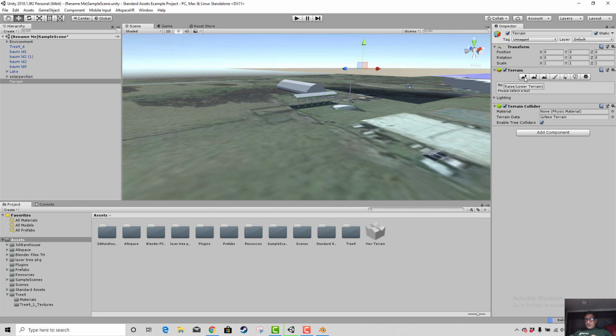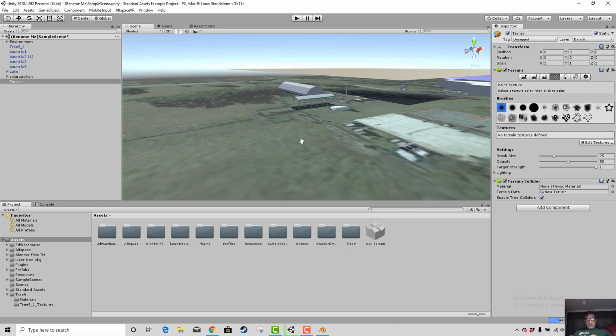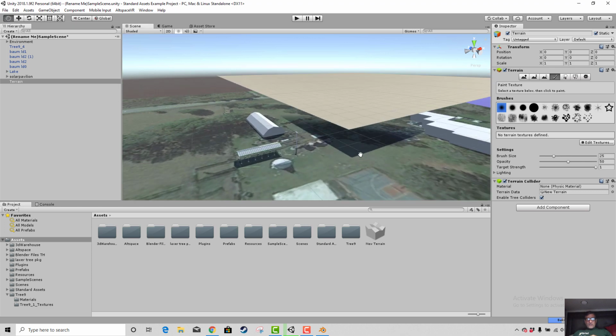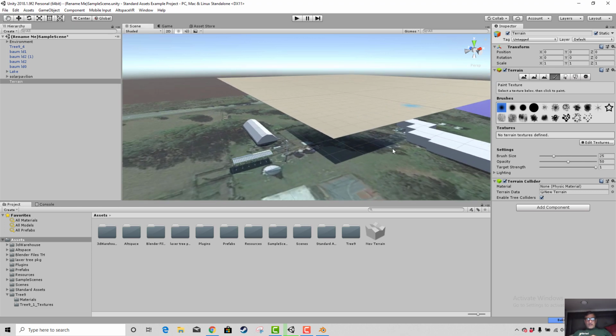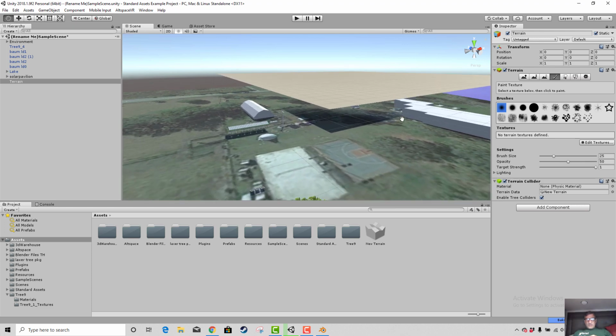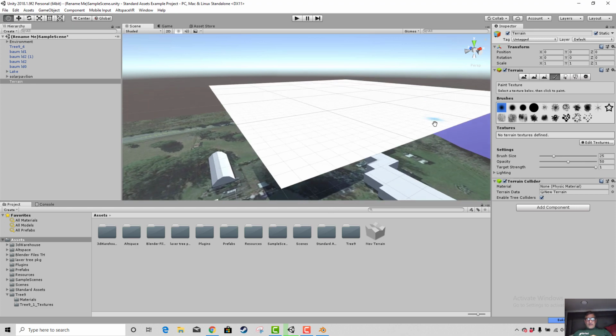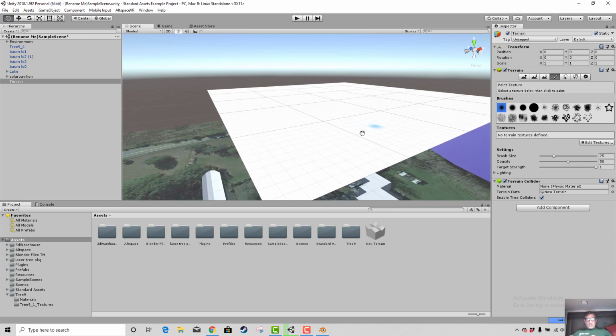So you select the tool: raise or lower the terrain, paint height, paint texture. So if you want to paint a texture, of course you have to work on the terrain, and there's the terrain that is generated. Now, given where the terrain came in, it looks like my entire model is too low. I'm going to keep it that way just for now because I want to show how you use the terrain